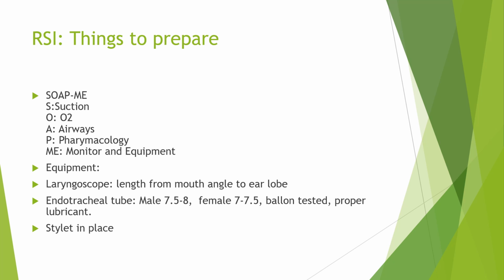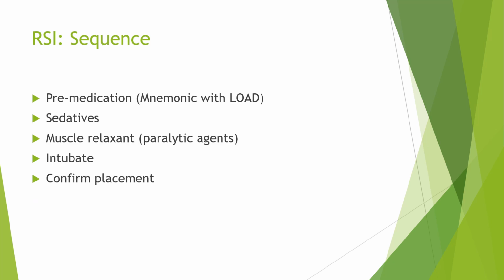And the balloon should be tested for patency and given some proper lubricant with the jelly. And lastly, the stylet should be in place for proper position of the tip of the endotracheal tube, and it should not protrude outside the endotracheal tube. Remember that. Okay, so during the rapid sequence intubation, the sequence will be firstly put the patient on the bed